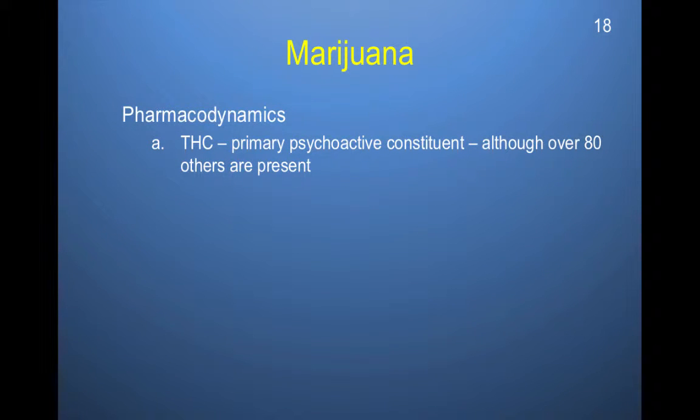The primary ingredient is THC. This is the psychoactive constituent, although over 80 others are present. Marijuana actually used to be legal and it was made illegal. One of the theories behind the illegalization of marijuana was that the beneficial health properties were known, and because marijuana at that time was free, drug companies could not benefit from using it as a drug. So they participated in the illegalization process of marijuana